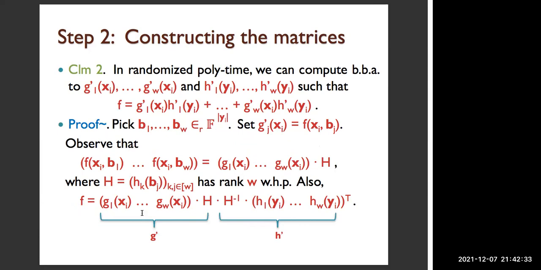If F is G times H, then I can insert some invertible matrix H inverse, and that will still give me a bunch of G polynomials that are linearly independent and a bunch of H polynomials again that are linearly independent. And that's still a valid decomposition of F. So I can't hope to recover the G's and the H's uniquely, because uniqueness doesn't hold here. So it makes sense, right? So now that G prime is defined like this, I can as well take this as my G prime. Now it turns out once G prime is fixed,